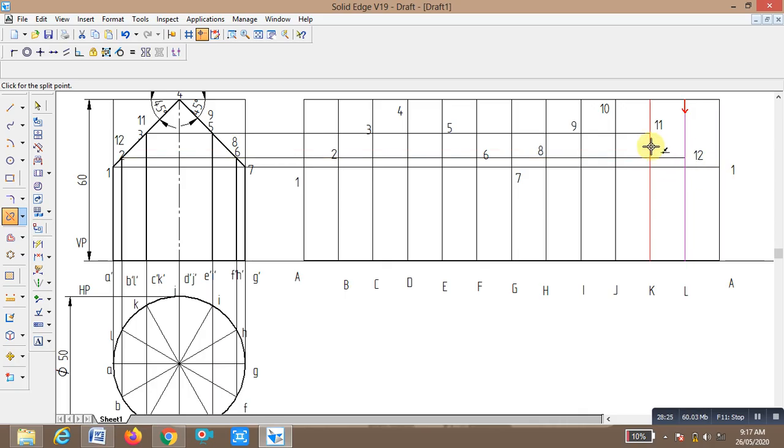This is point 1, 2, 3, 4, 5. This point is 6. This point is 7, 8, 9, 10, 11, 12, 1. Okay, now select tool.